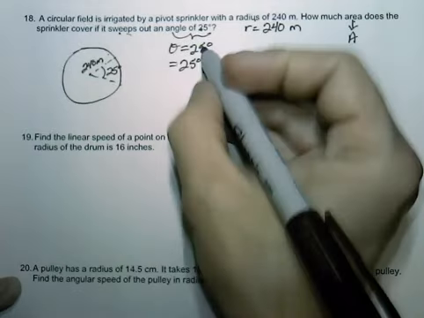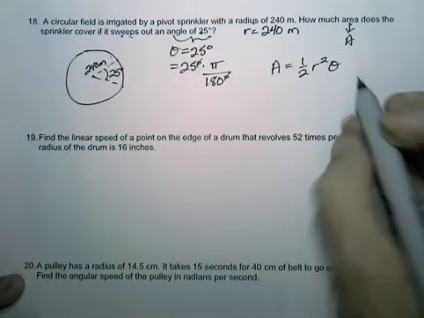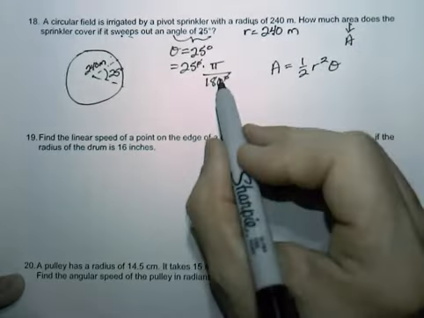I'm not going to simplify this except to cancel out the degrees. Since I'm trying to find my area, there's only one formula that involves area, and that is 1/2 r squared theta. I've got the r and I've got the theta to plug in. If I just multiply this out, it comes up with the same answer we did in the last one, which is 4,000 pi, only this time the units are meters squared. If we want to do an approximation of this, it would come out to be